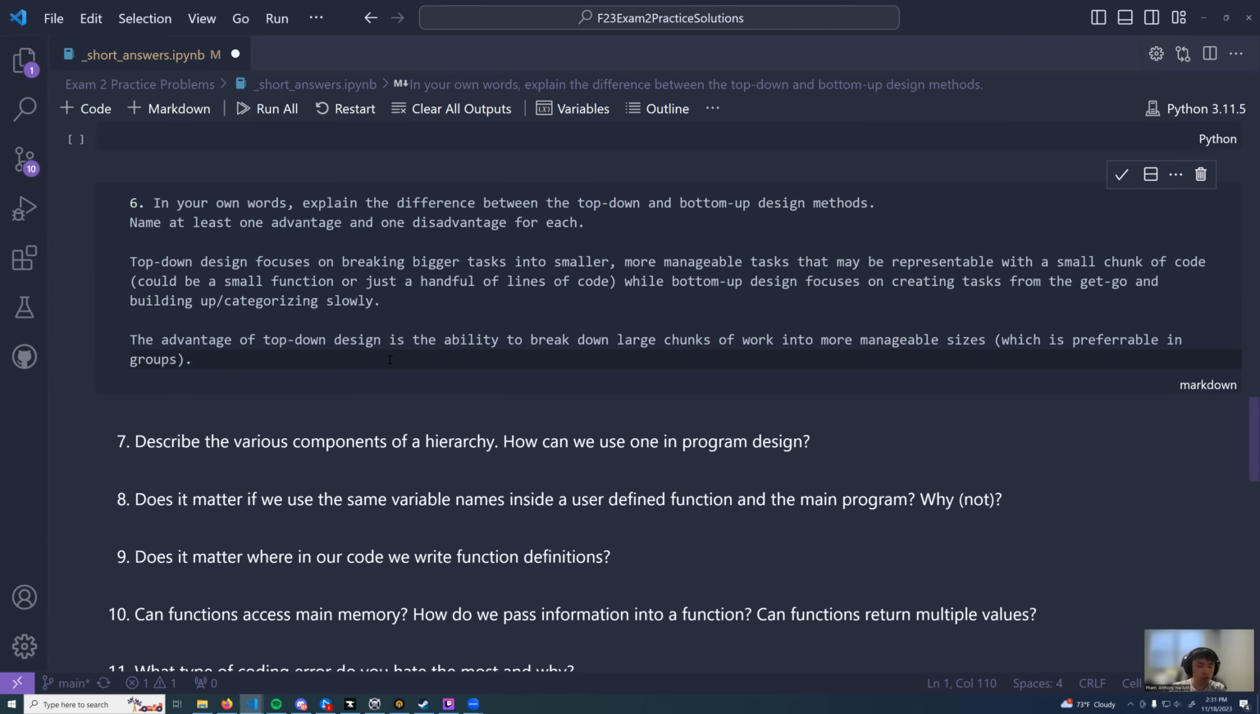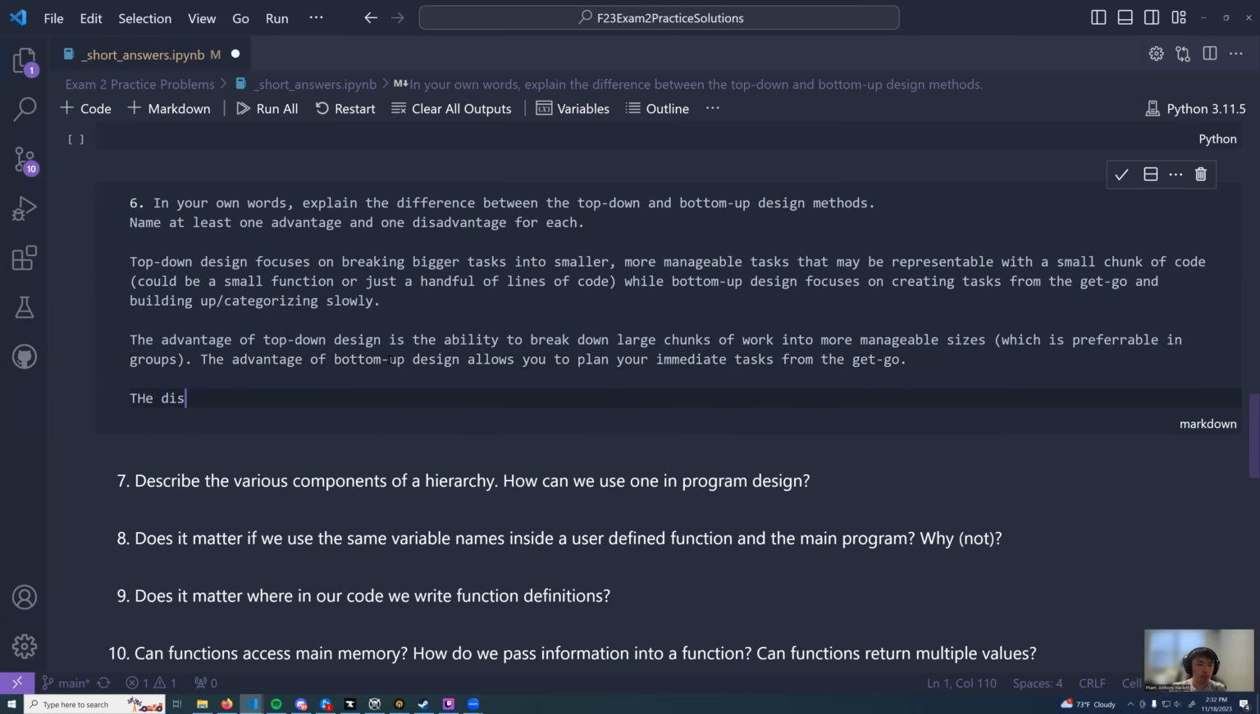All right, so back to question 6. The advantage of bottom-up design allows you to plan your immediate tasks from the get-go. Right. But the disadvantage